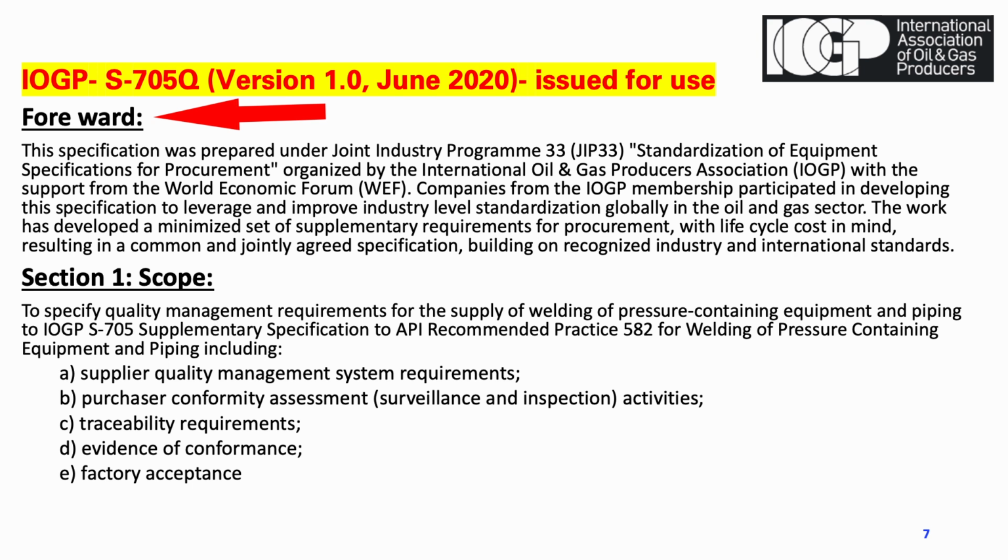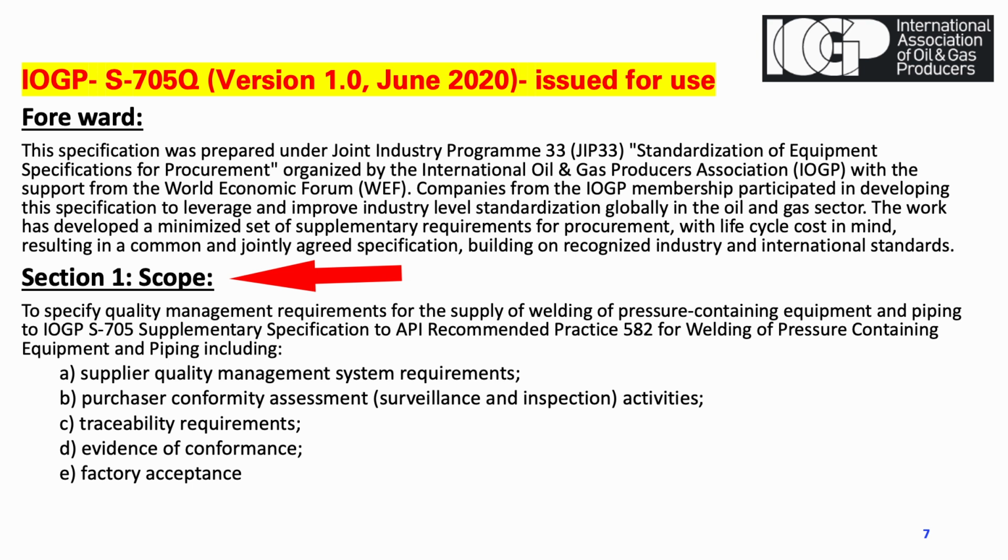The work has developed a minimized set of supplementary requirements for procurement with life cycle cost in mind, resulting in a common and jointly agreed specification building on recognized industry and international standards. Section 1 is the scope of this 705Q to specify quality management requirement and the supply of welding and pressure